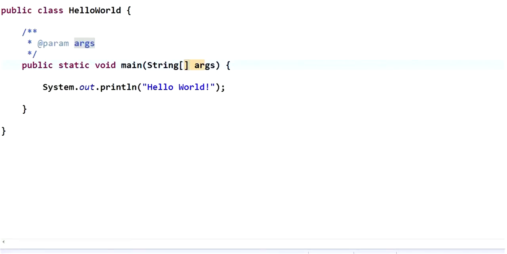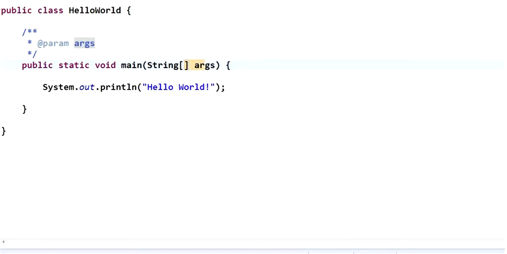Then again I have a dot operator which provides access to the println method within the out variable.